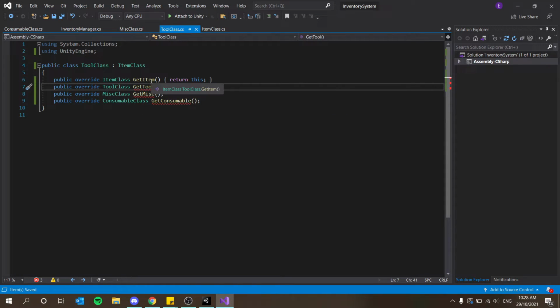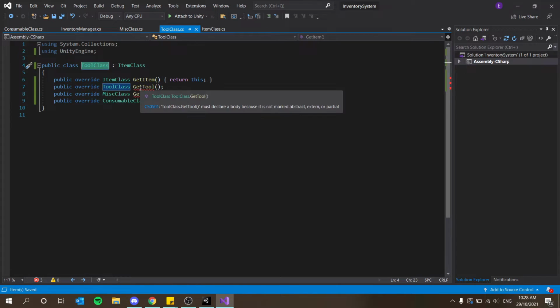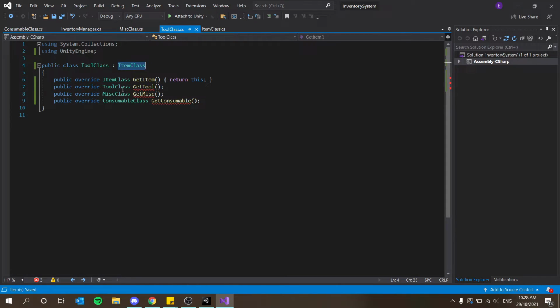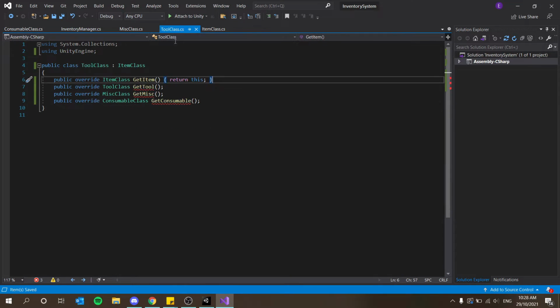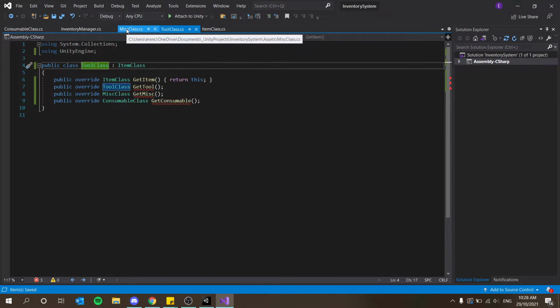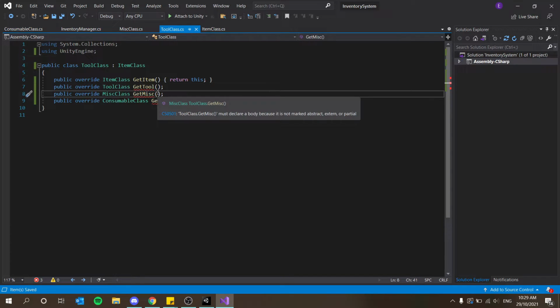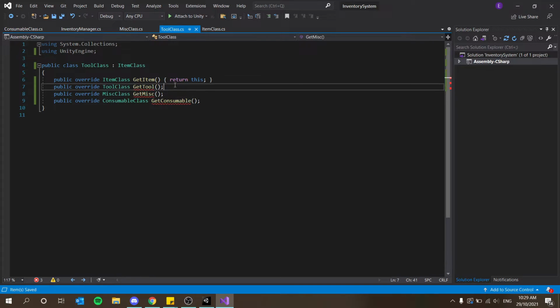Okay, so the reason return this works, even though this is of type tool class, it's also of type item class because it inherits everything from item class. And the reason that's important for our inventory is because then we can have a list of items but each item could be a tool, it could be miscellaneous, it could be consumable. And the way we're going to determine which one it is, well, you'll see now,